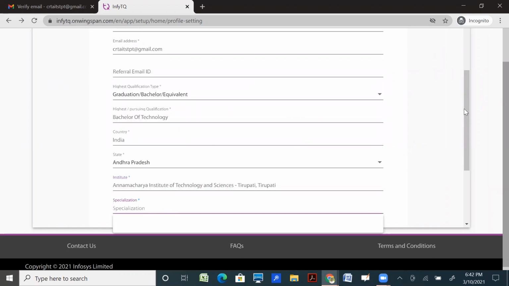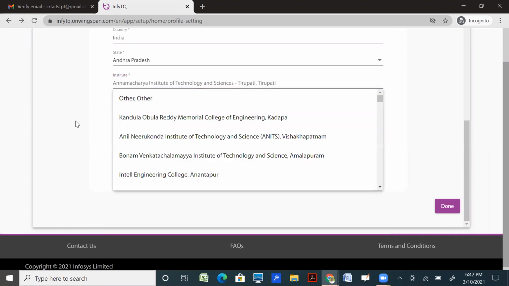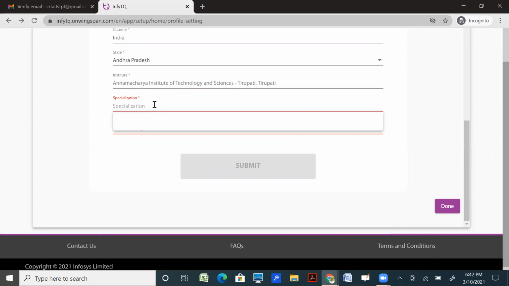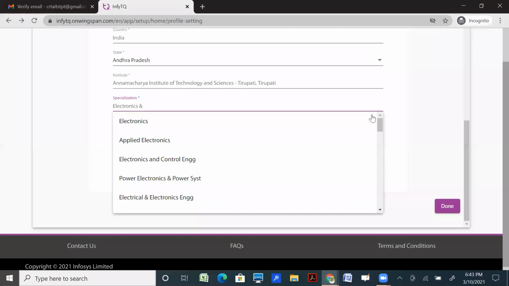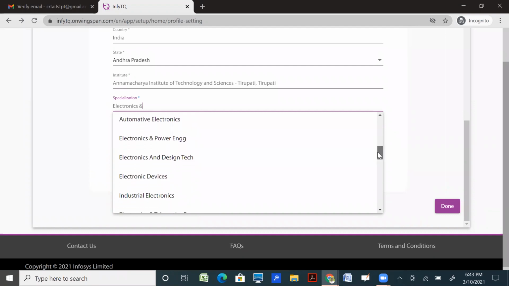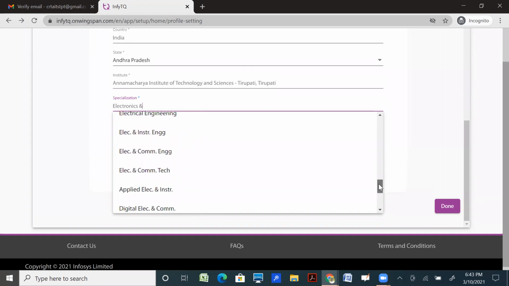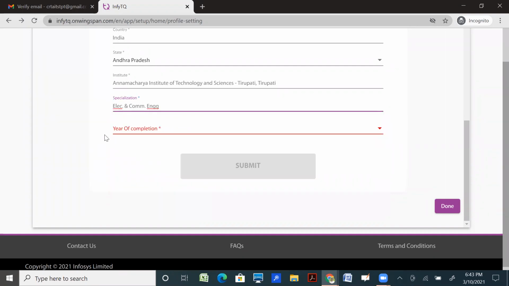Then select your specialization. Enter the specialization by typing a few keywords, like electronics or computer science. Then select your specialization, Electronics and Communication Engineering.